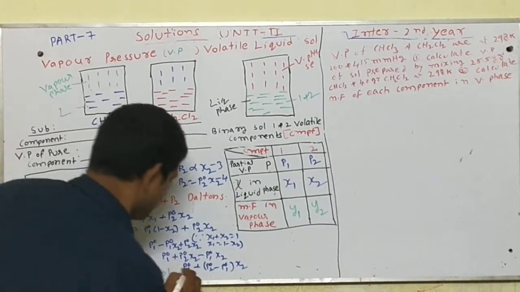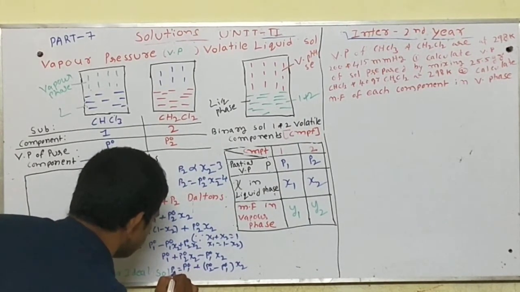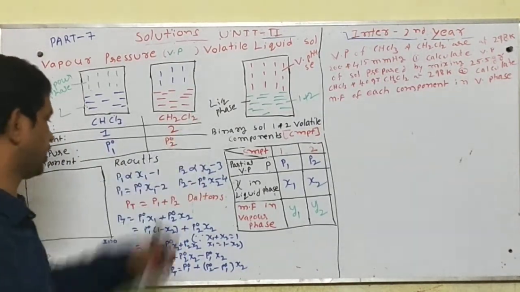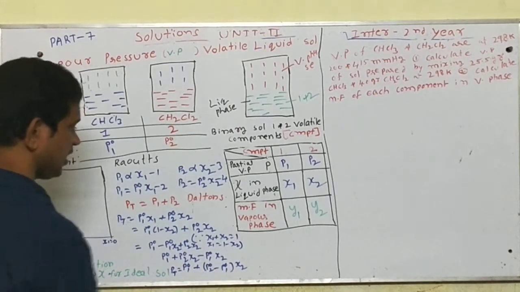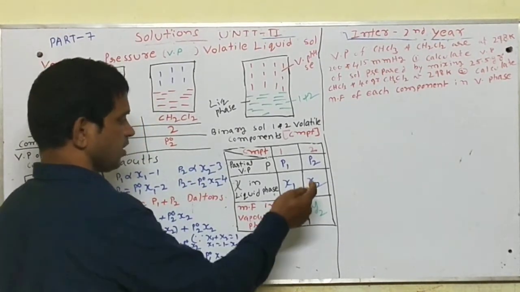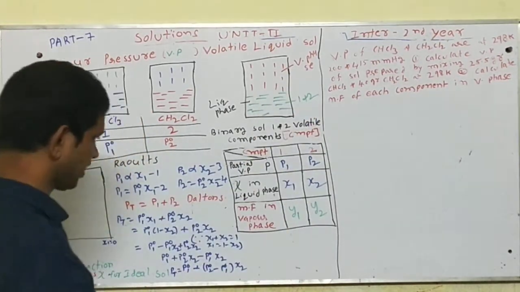So this gives the total vapor pressure of a solution. So this is the formula, and now we have to calculate mole fraction of components in vapor phase,